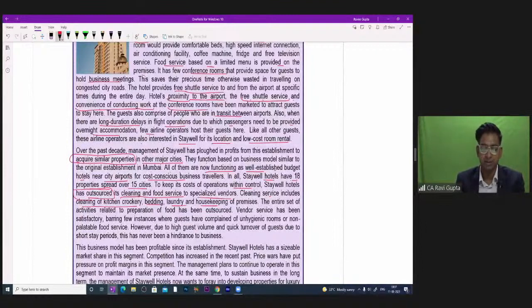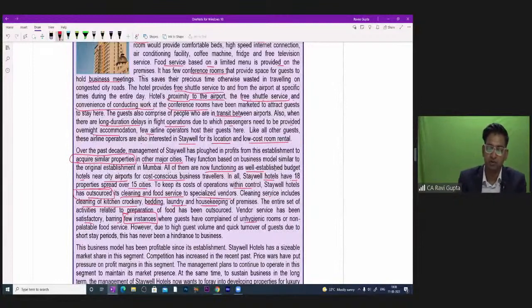Vendor services have been satisfactory, barring few instances where guests have complained of unhygienic rooms or non-palatable food services. There were only few instances where the customers were complaining that their rooms are not properly cleaned, it's unhygienic, and non-palatable